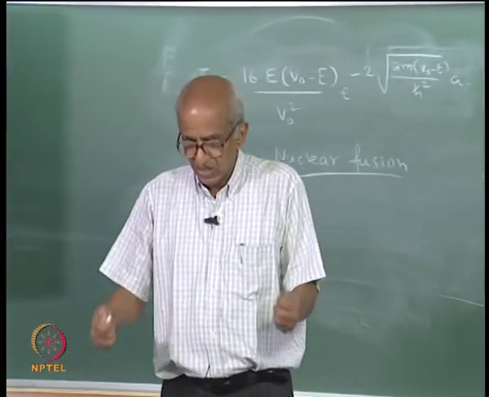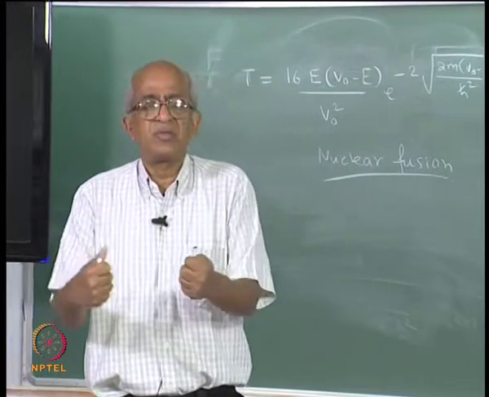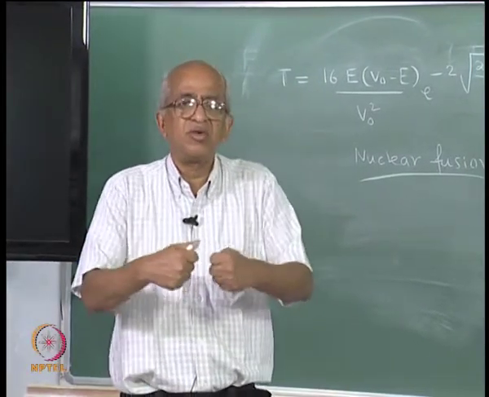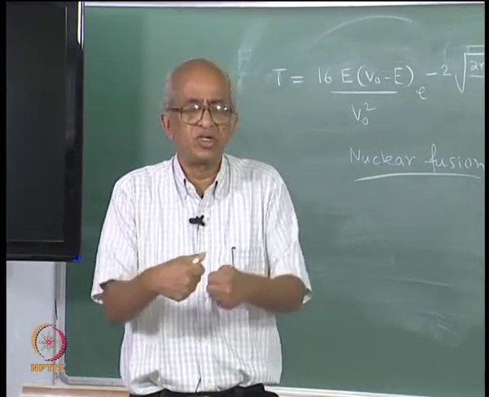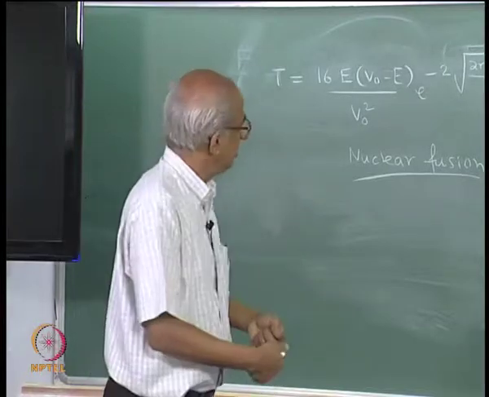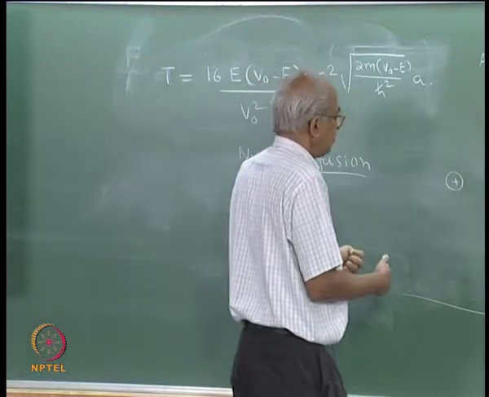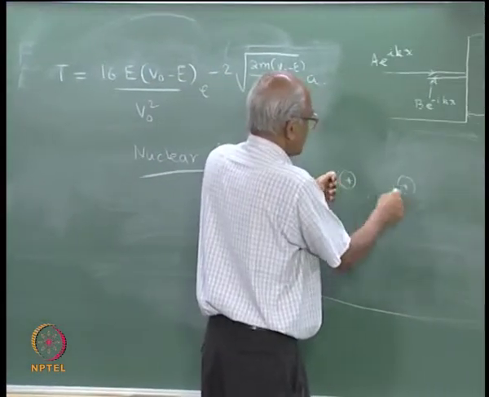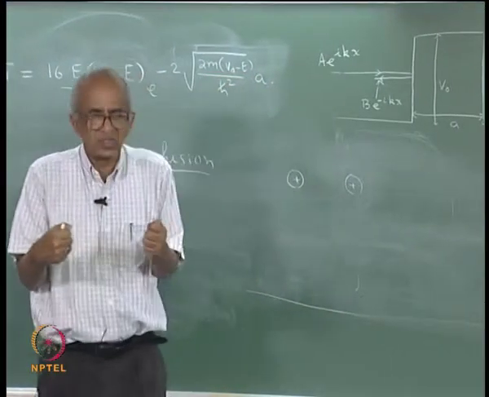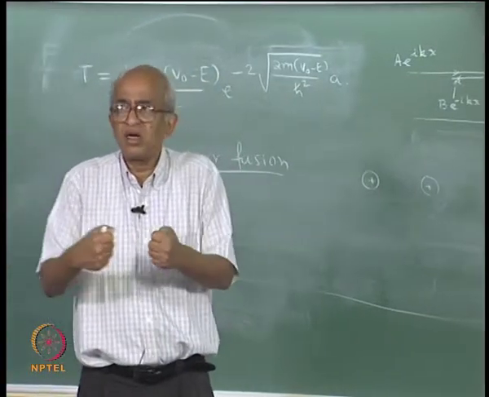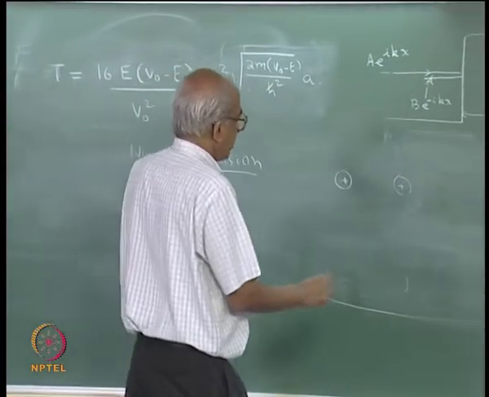So, these two nuclei have to come together and react to give a heavier nucleus, they have to fuse together. Because these are positively charged, there is repulsion between the two. So, as the two are approaching each other, what will happen?